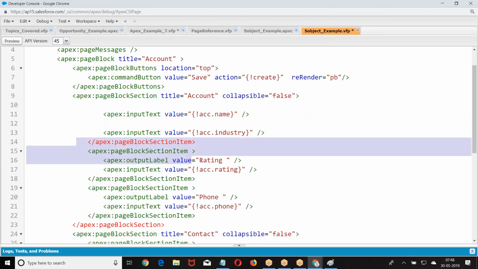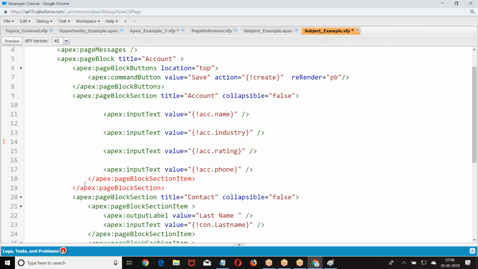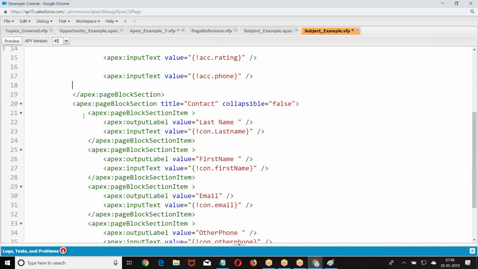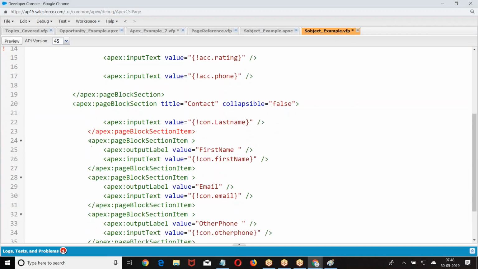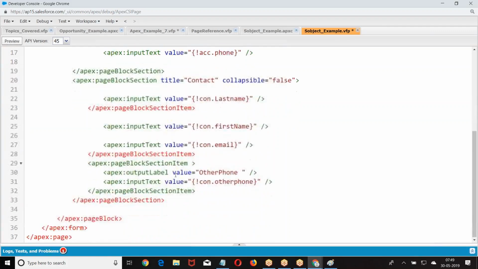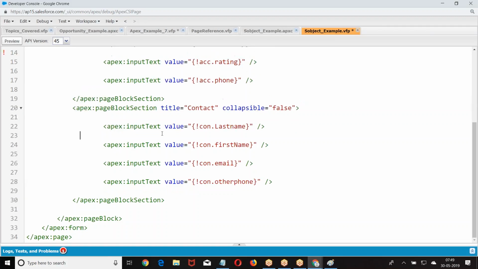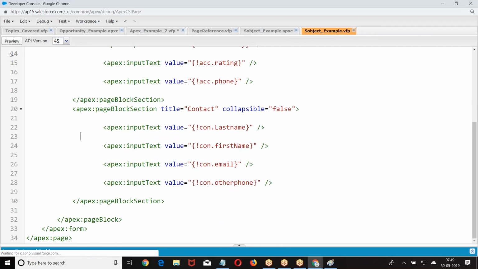When I am referring to a field of an object, automatically what will happen? The label will come. If I am referring to a field of any sObject, automatically look at the preview.